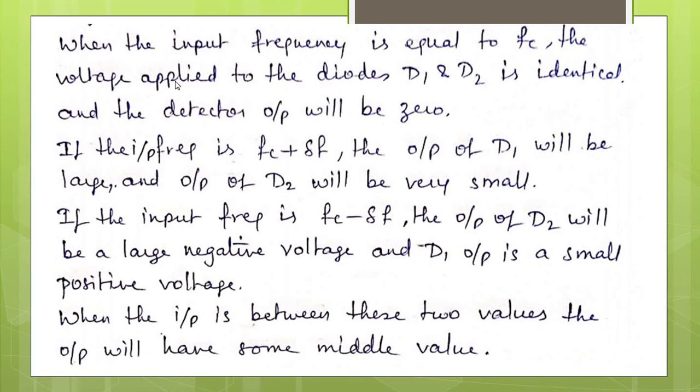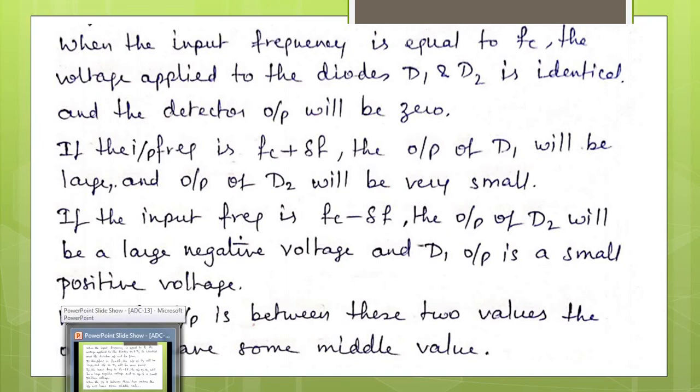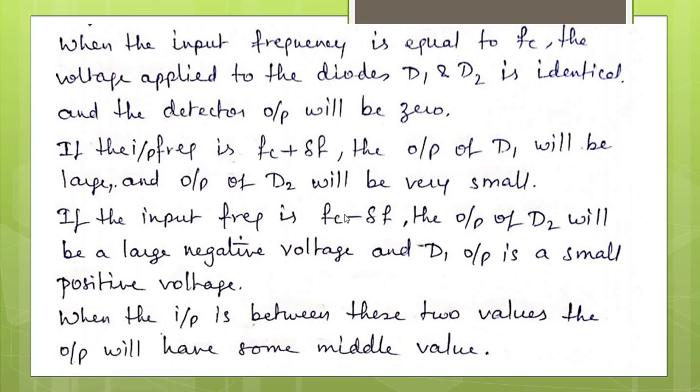So now we can take three conditions here for the incoming frequency. Here this is a detector or a demodulator. The input to a demodulator is the modulated signal which is coming from the output of the modulator. If the input signal frequency, that is the modulated FM signal frequency, is equal to Fc,